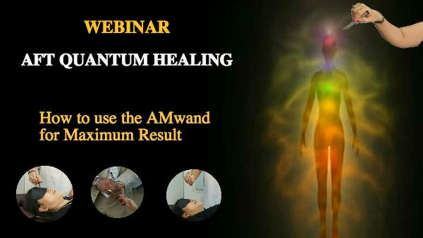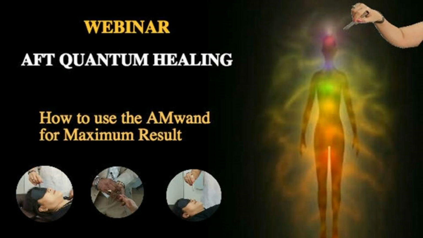Today's topic is how to use the M1 for maximum results. The reason I picked this topic is that I see two sets of people wherever I travel and meet the Amagians or the ML people promoting the self-care evolution. One are the users. They love the AFT products and they use the AFT products on themselves. Another group is slightly more professional, where they are actually using the AFT products on others, helping others, healing others, in professional healing work.